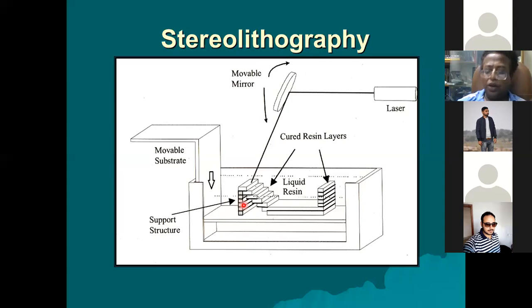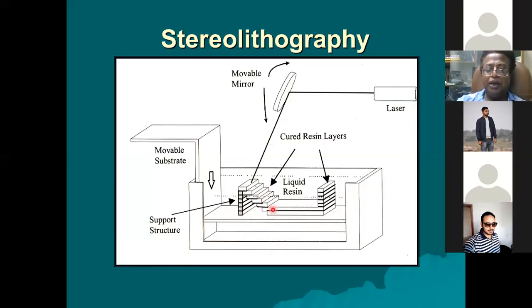Now this whole process is conducted in an enclosed chamber, and you have to control proper temperature. You have to maintain proper wattage. If you change the layer thickness, accordingly the wattage of the laser will change. So all these controls are there on the machine panel. Controls are very important because they will govern the accuracy of the part. When the laser spot moves on the liquid surface, it should not go beyond the limits. Otherwise, the part will be either over dimensioned or less dimensioned.